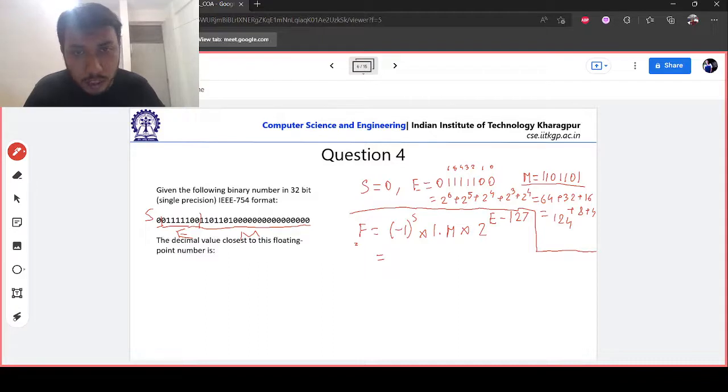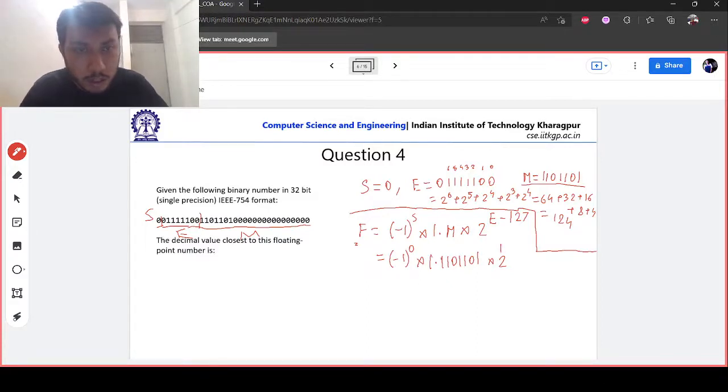A is given as 0, so this becomes minus 1 to the power of 0, cross multiplied by 1.m, what is the value of m here? So this becomes 1.1101 into 2 to the power of, we have already found out the value of E, that is